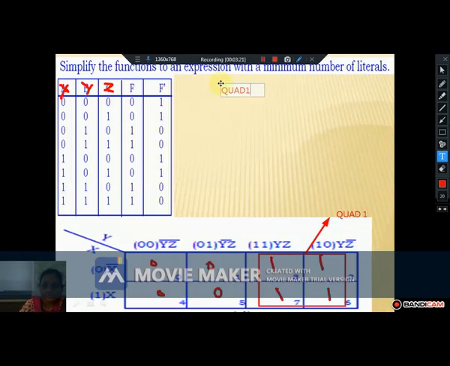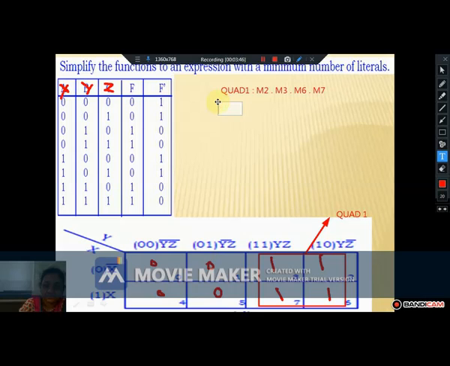Quad 1 is M2, M3, M6, M7. M2, M3, M6 and M7. And the expression for the same is